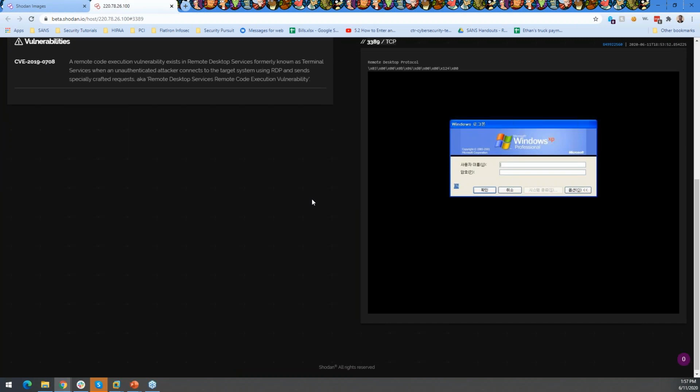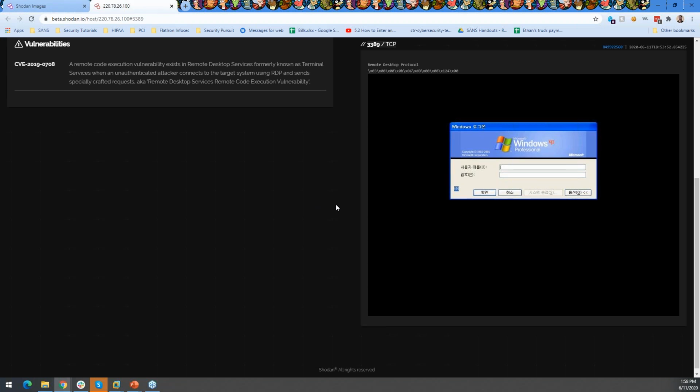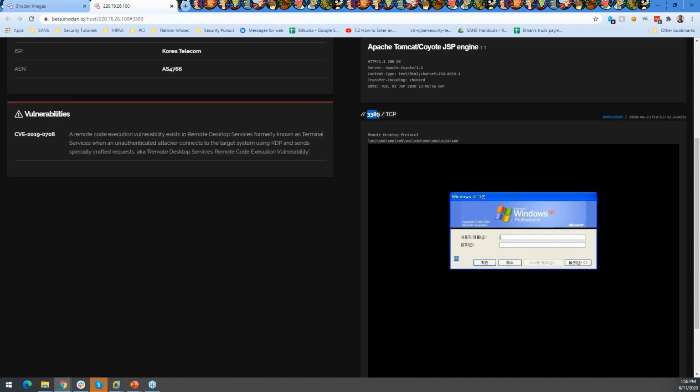Why am I so interested in Windows Server 2003 and Windows XP? Those are what we refer to as deprecated operating systems. It means that this operating system is no longer receiving security patches. And there have been more than a dozen different vulnerabilities that an attacker can use to get into a Windows XP machine if only TCP port 3389 is open, and of course it is here because we can see the